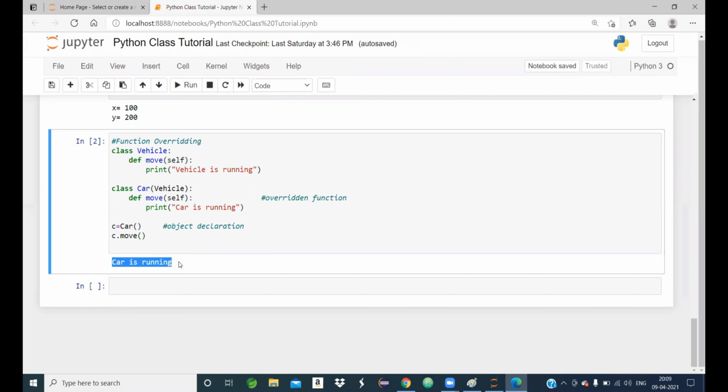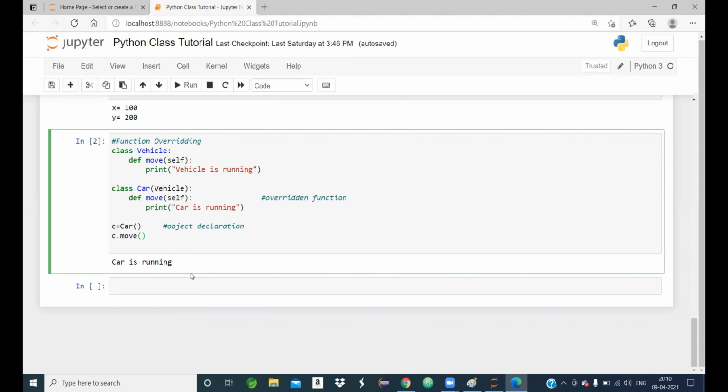But the inheritance concept says that through the child class object we access all parent and child class properties. Here only the child class property is coming. Even if you write c dot move function again, you get the same output.